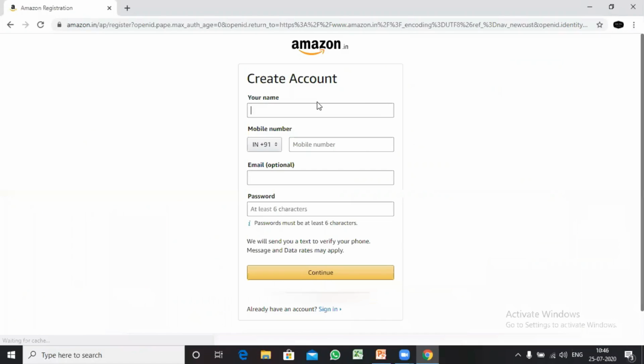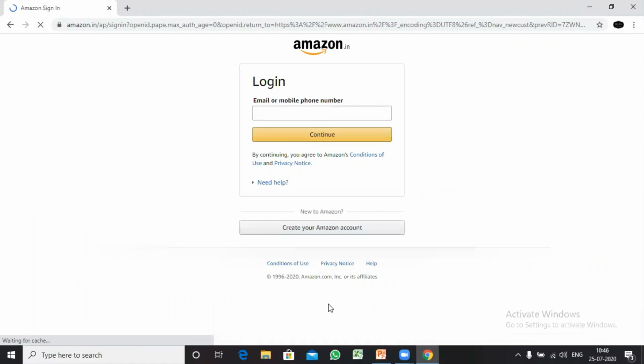Now Amazon will ask us for some basic information like our name, our phone number, our email ID, and then we have to choose a strong password for our account. And once entering all our information, we have to click on continue. Since I have already created my account, I will click on sign in.